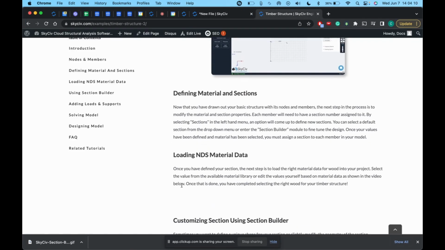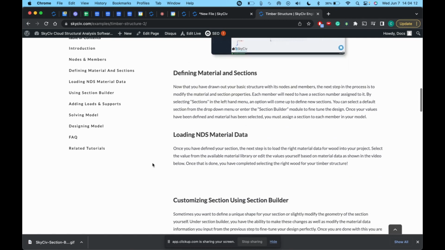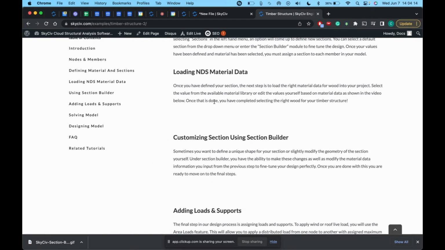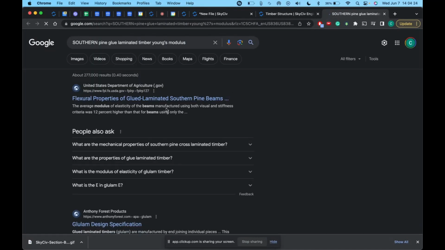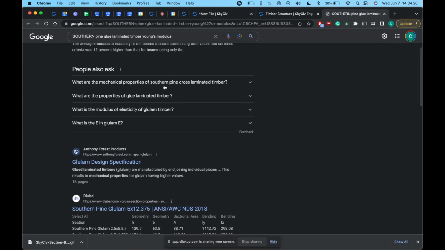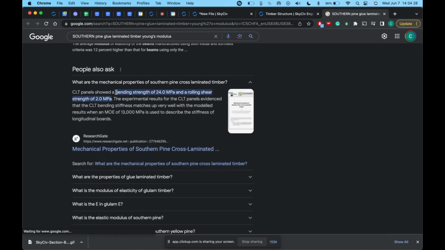Now, that's how we would basically load the NDS material data. But what happens if there's a condition where we want to customize the data, whether our piece of lumber's dimensions were different, or, let's just go Southern Pine Young's modulus. Say we were looking online and we figure out, okay, the bending strength is 9.24.08, but